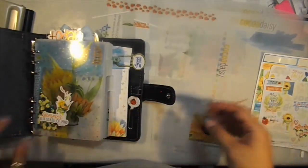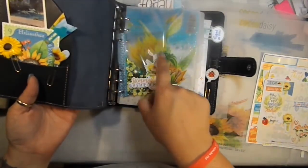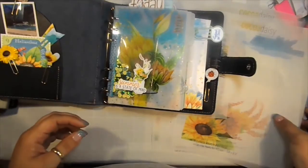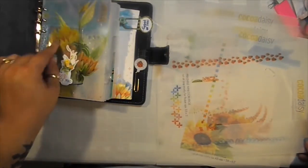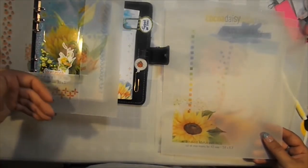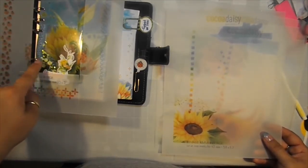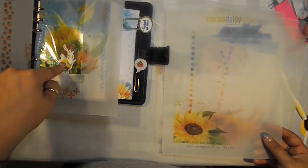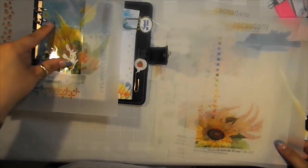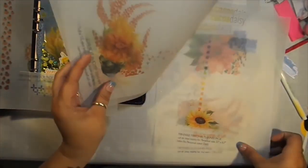So I have created this cute little clear shaker, but you could also use these as shaker backgrounds as well. And I'm probably not going to make a shaker, but I'll give you the general gist of it anyways. So in this one I just use clear acetate, but you could use a piece of vellum, or you could use even a piece of cardstock as your backing to your shaker, and then still use the acetate piece to give it an extra layer in between the sequins and your front image. So that would be really cute. So that's another idea. I have this tutorial coming, but I won't have it ready for a while. So, but anyways,